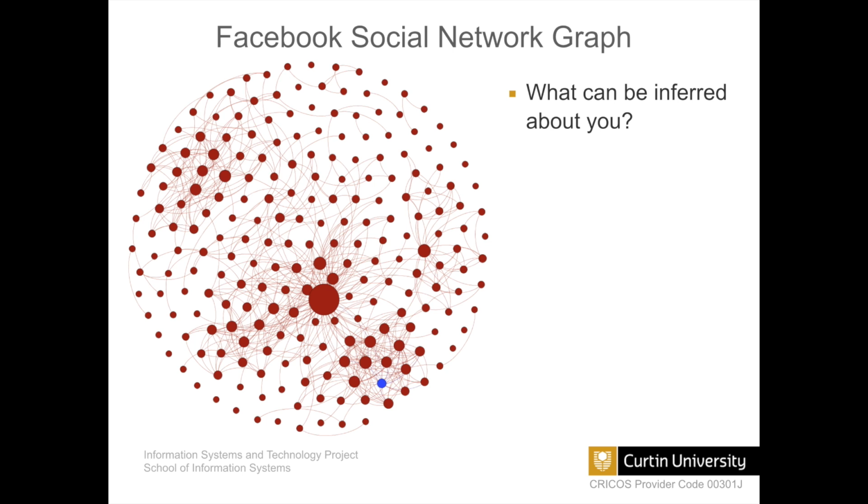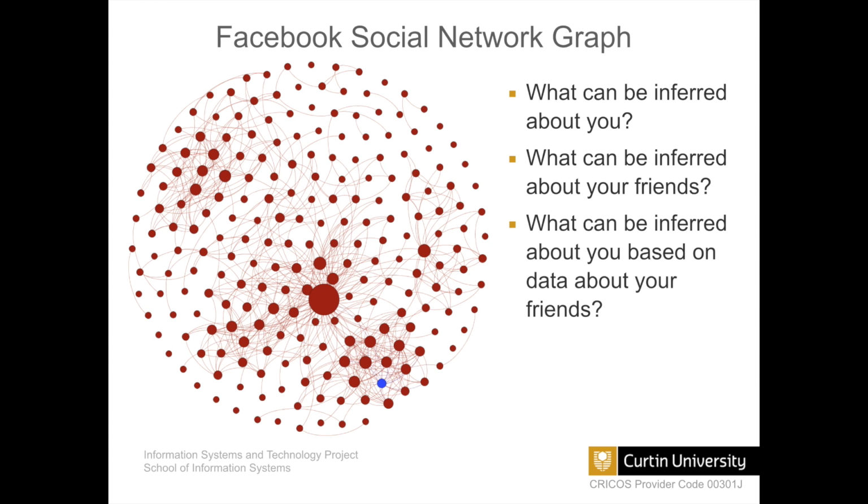Prior social network research has shown that this is likely to be the user's partner. The network structure makes it possible to infer this even if the user's relationship status has not been formally indicated by the user in Facebook. What can be inferred about your friends? For example, if you knew that the blue node was a family member, it's possible to infer that other members of the cluster containing the blue node are also family members.